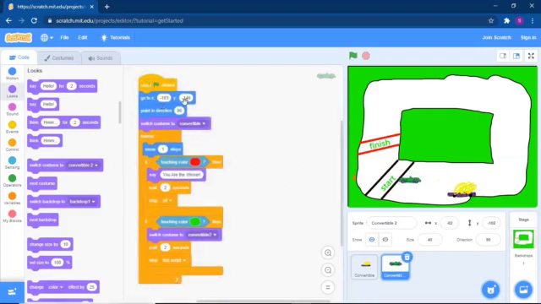Now this is the position for the purple card, but for the green card my position is different, so I will change the position. Minus 82 and minus 102. You can see the position from here, x-axis and y-axis, and direction is 90 degrees for all.